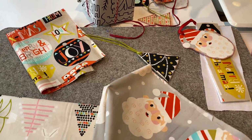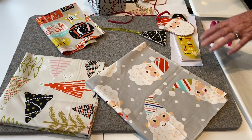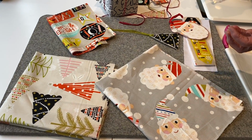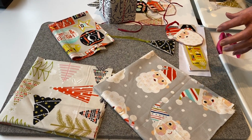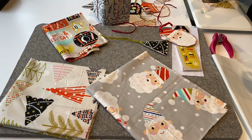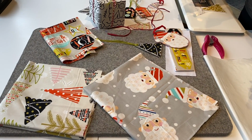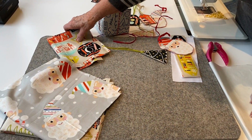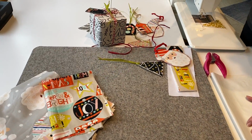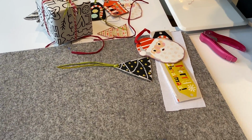But first of all, let's look at this fabric. When we ordered this fabric for the store, I felt like the imagery was good enough sized that you could turn around and make other things with it besides like a pillowcase or something like that. So I took some home and I played around with a product that is called Fast to Fuse,